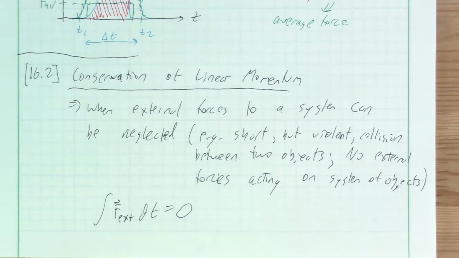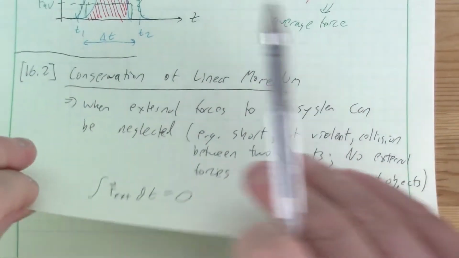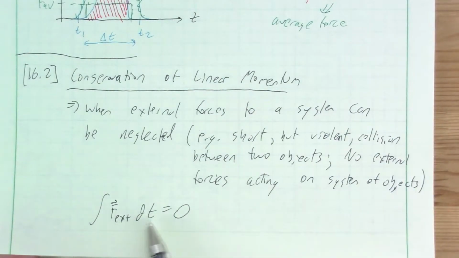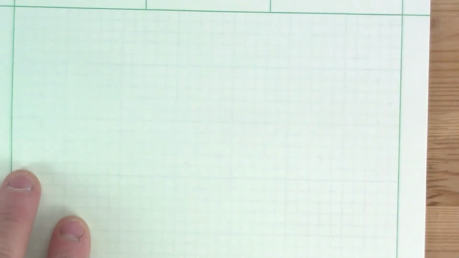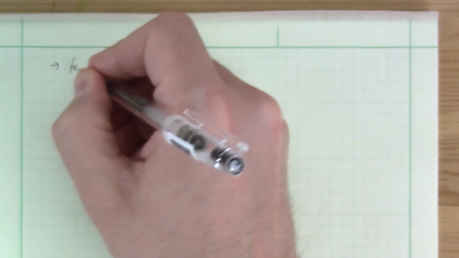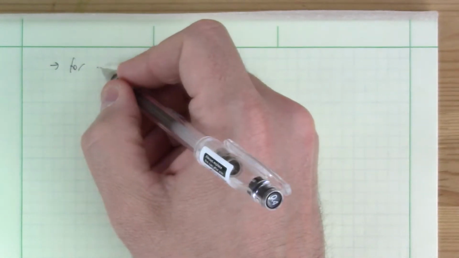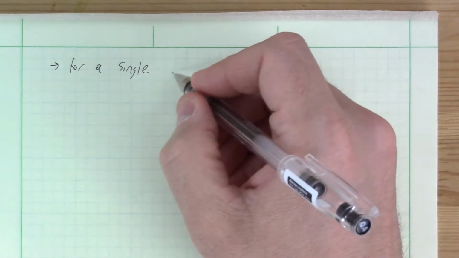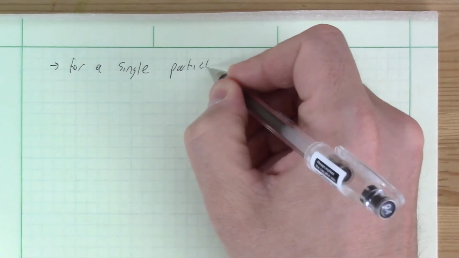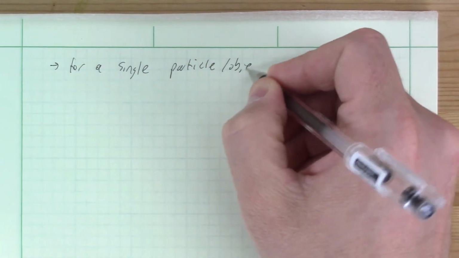So let's step back. This is going to be where we're going here. The key to this is dealing with the collection of particles. But let's step back and just consider a single particle for a second, with this imposition on it. And we'll find there's not actually much interesting we can do with that. In fact, we're just going to derive one of Newton's laws here with analysis of momentum. So for a single particle or object,